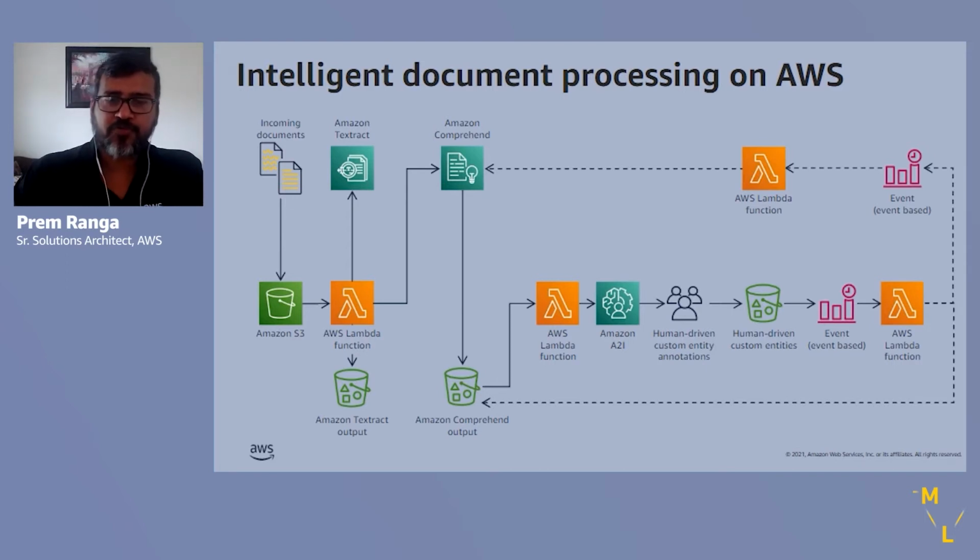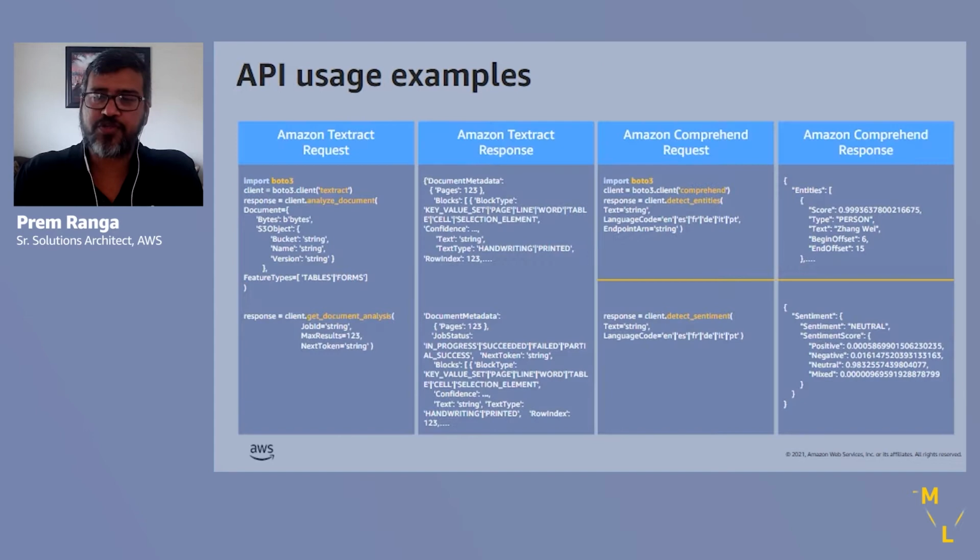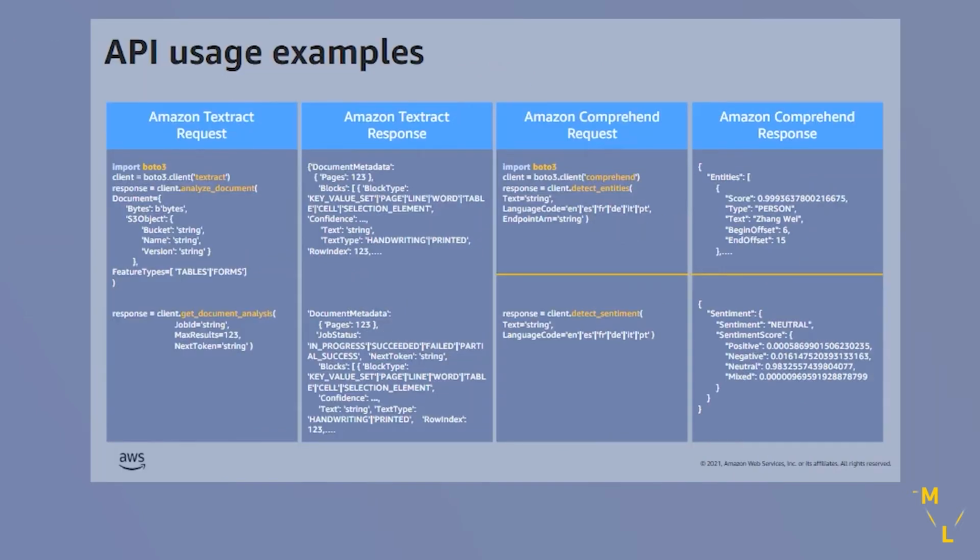All right. So before we actually jump into the solution demo, I'm going to quickly walk you through some APIs that we have used in the solution. If you look at the tables that you see on the slide, we have a few API examples for Textract and a few API examples for Comprehend. With Textract, if you're using Python, you use the Boto3 SDK, which is our Python API for all of our AWS services. You just pass Textract to it, and you'll be able to get a handle to the Textract service. The Analyze Document API call allows you to analyze a document in real time.